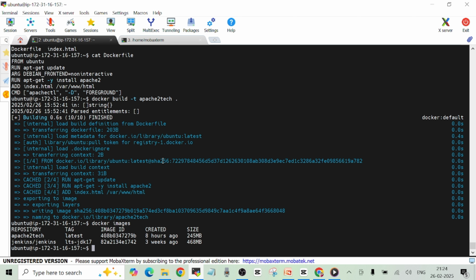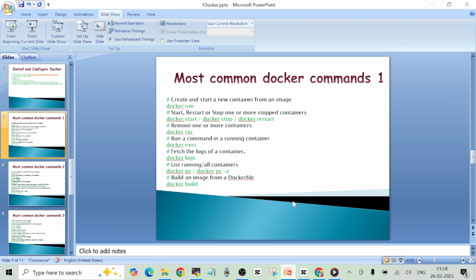But as I mentioned, I'm going to give you a lot of information around this Docker file in my next video. In this video, I just wanted to tell you the docker build command. All right, we have our image now. Next is